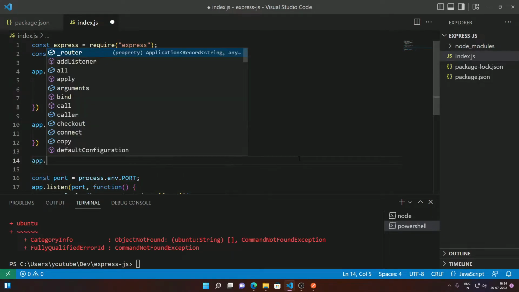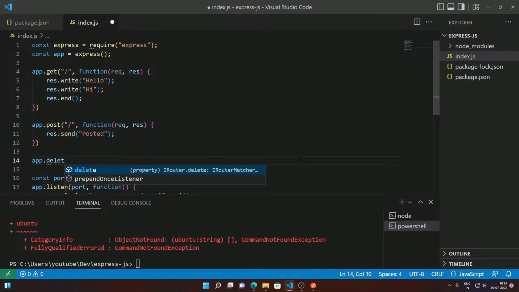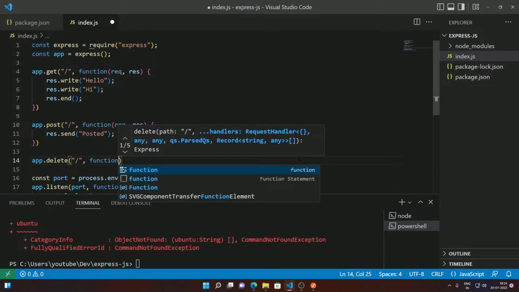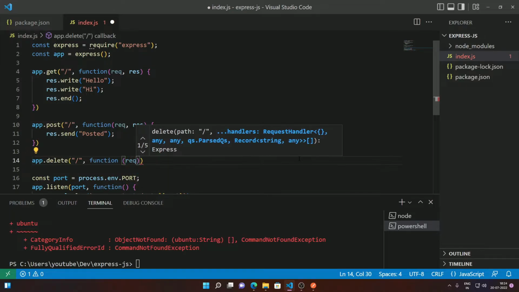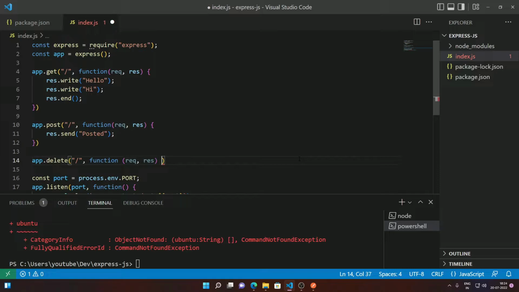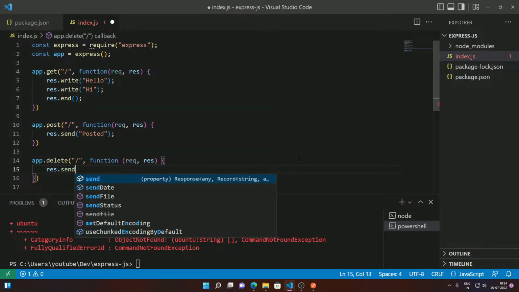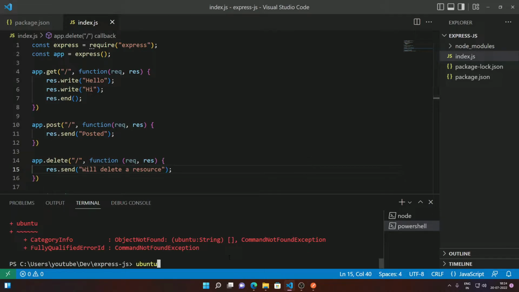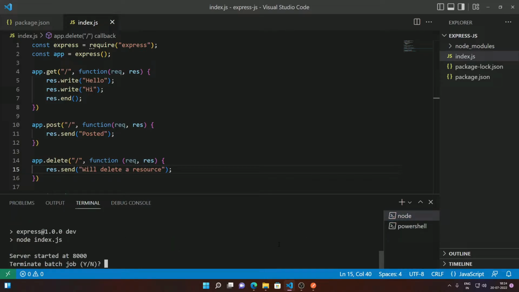Similarly, we can create other endpoints like delete. Okay, and again do this thing, function response and again res.send will delete a resource. Okay, and save this thing and restart our server